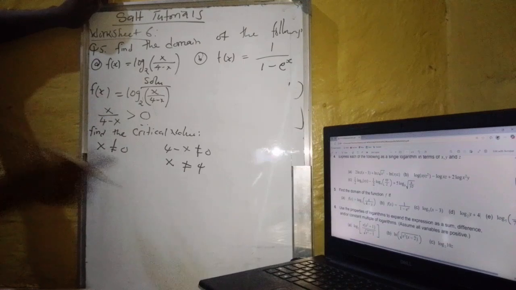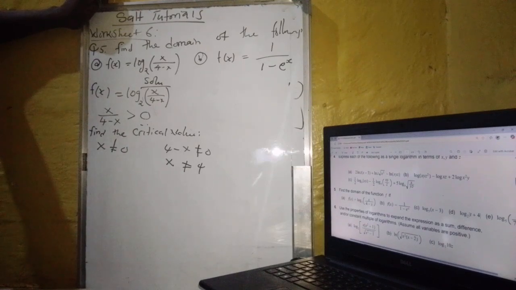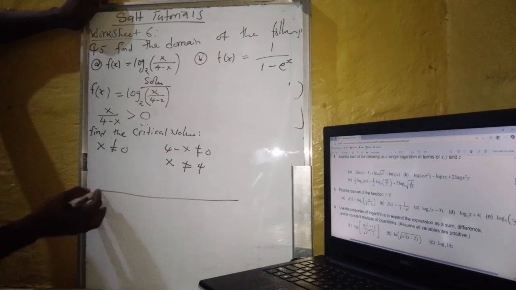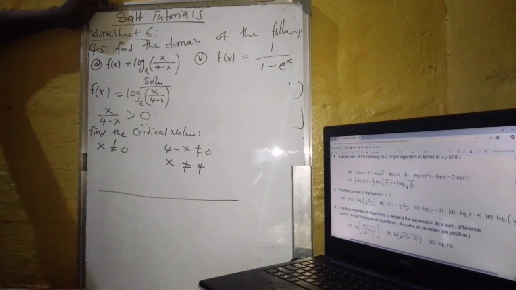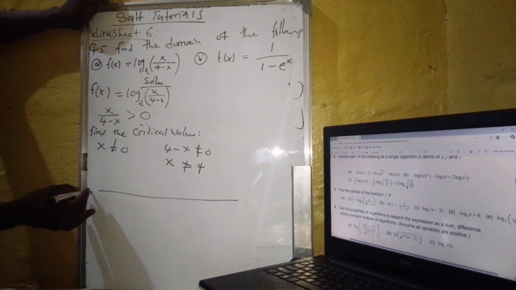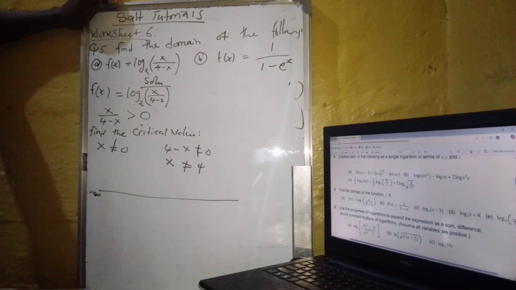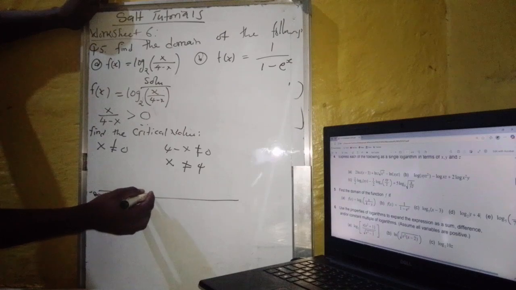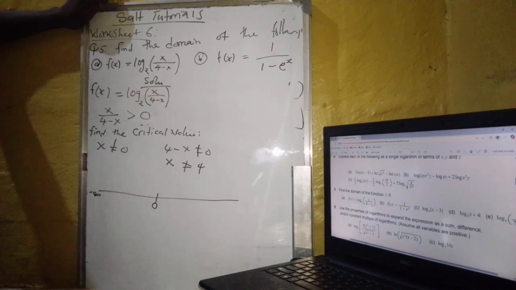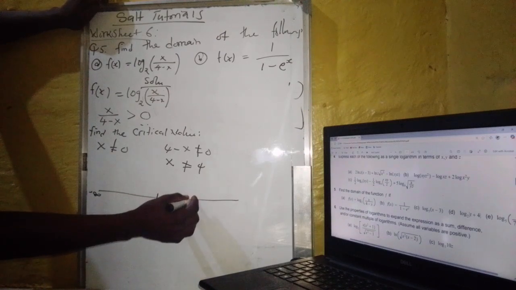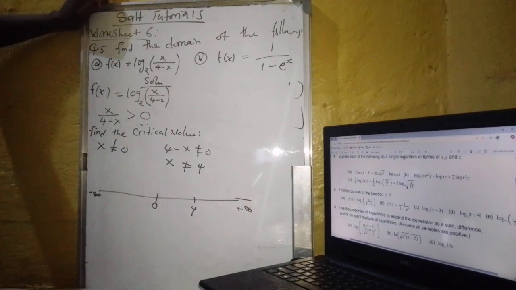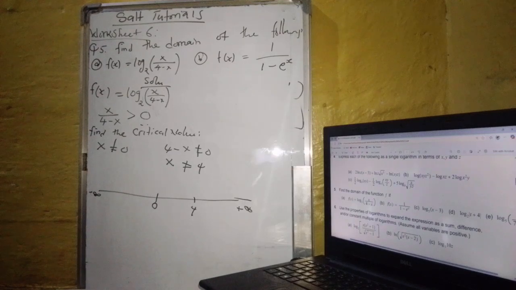So after you find your critical values, this is where we begin to test them. When you look at your number line, these critical values divide it into how many parts? I'm coming from the lowest number, let's call it negative infinity. Who am I going to approach first? Between 0 and 4, you're going to approach the 0 first, and then from 0 you approach 4. From 4 you go to the largest number, positive infinity. This is how your number line is going to be divided, and this is how your intervals are going to